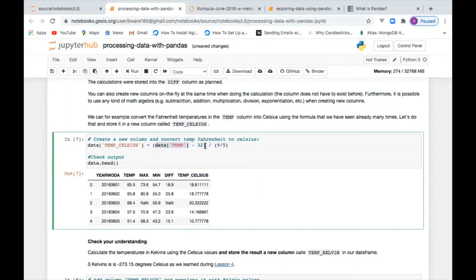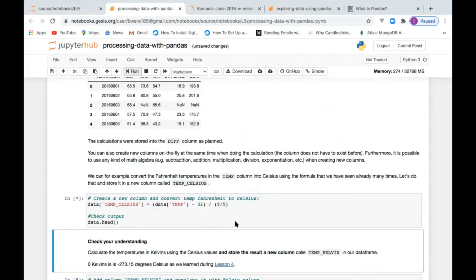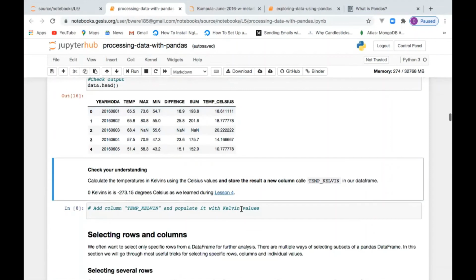So if we minus every row of it, minus 32, and divide it by 9 divided by 5, let's do that and see the result. You see, this is the result. Good. So those are the basic analysis we can do with